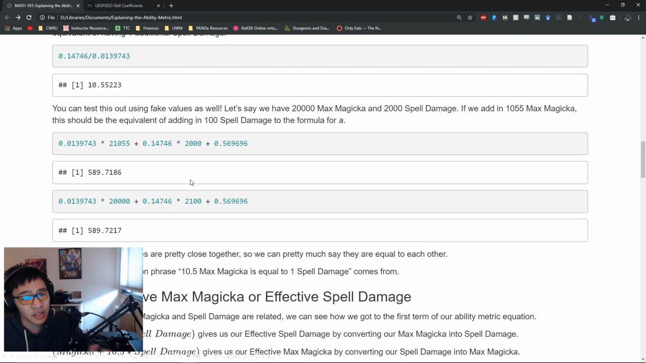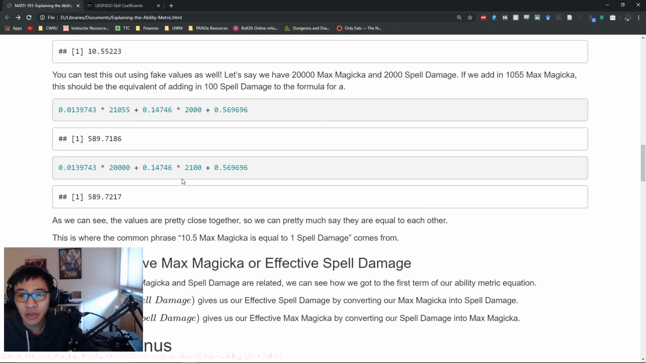So here, for example, I'm using fake values. Let's say we have 2000 max magicka, 2000 spell damage. If we add in 1055 max magicka, this should be the equivalent of adding in 100 spell damage for this formula here. So we can see here that they're not exactly lining up. Again, you do have a couple of trailing decimal points here, but for all intents and purposes, this is the exact same value here. So the game would just truncate this, and you still get the 589 damage here